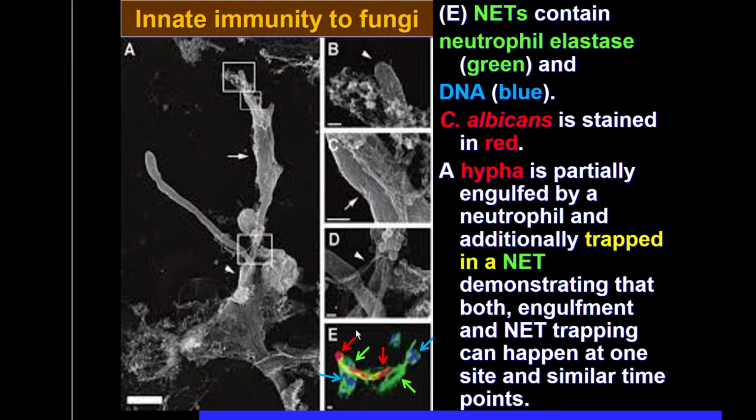What you see in this slide in the lower part, in photograph E, is how DNA of the neutrophil, shown blue, binds to the hypha or pseudohypha of the Candida. This is a fungus. Candida is shown red. Nucleic acid sticks to the surface of this red fungus and facilitates binding to the surface of the fungus of the neutrophil elastase, shown green. Elastase is a very powerful digestive enzyme, destroying different types of fibers, including cytoplasmic fibers of fungi, and the fungal organism dies. It means netosis is a very important mechanism of elimination of the fungal organism,